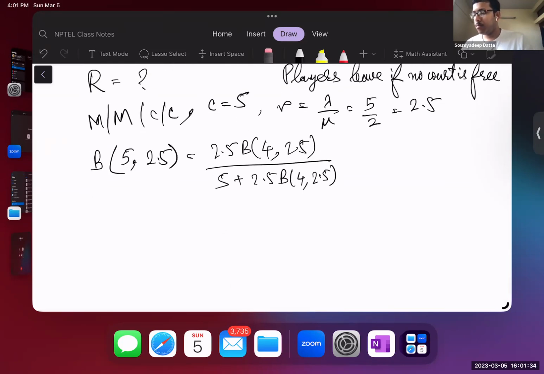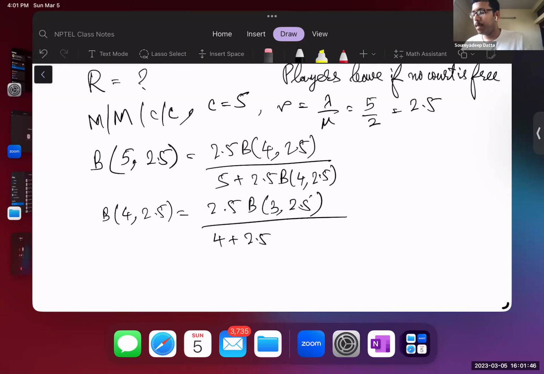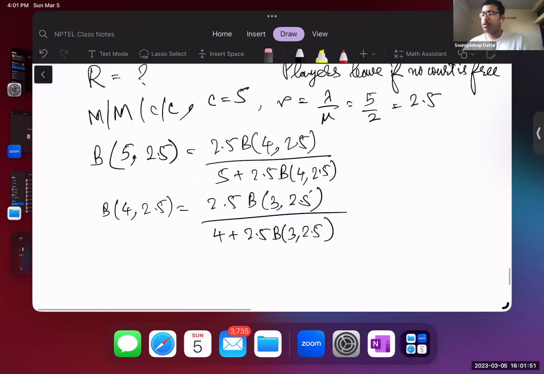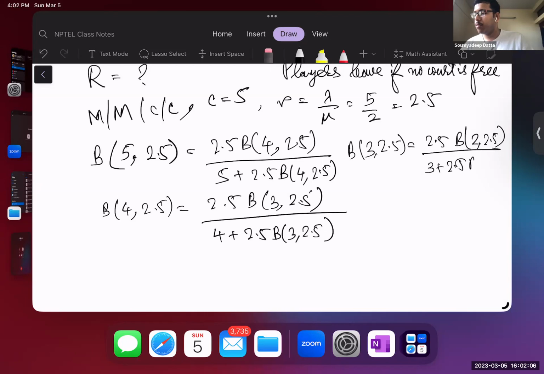And then similarly we can solve for B(4, 2.5), which is 2.5 times B(3, 2.5) divided by 4 plus 2.5 times B(3, 2.5). And similarly B(3, 2.5) equals 2.5 times B(2, 2.5) divided by 3 plus 2.5 times B(2, 2.5),